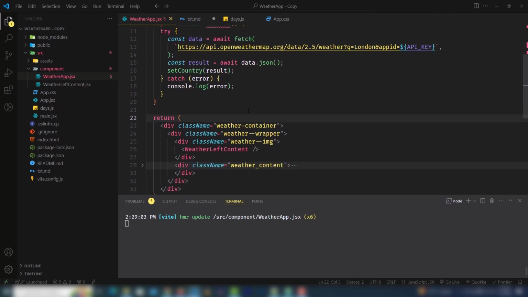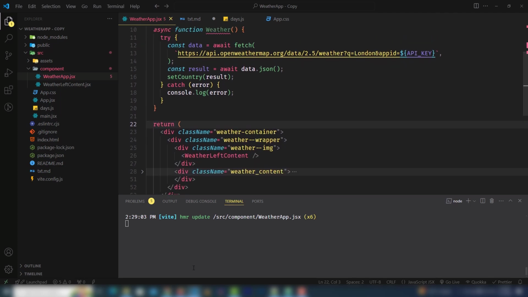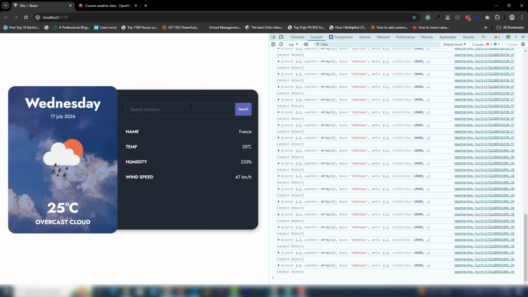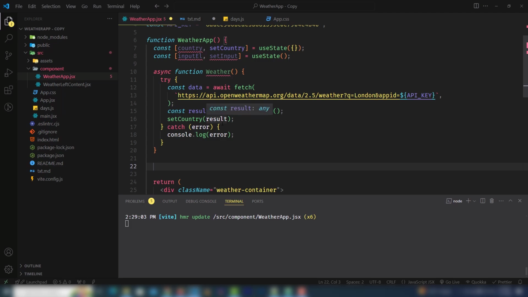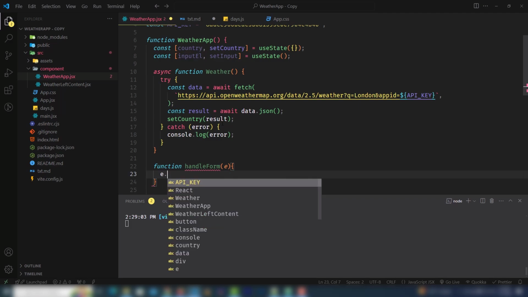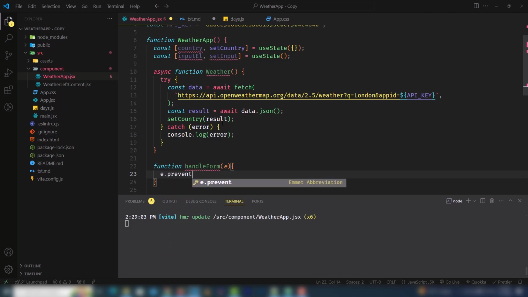So I need to call the function when the user enters something inside the input field and presses the search button or hits enter, then I need to call the function, right? So let me show you how you're going to do that. I'm going to create a function and a form. I'm going to pass in e.preventDefault,